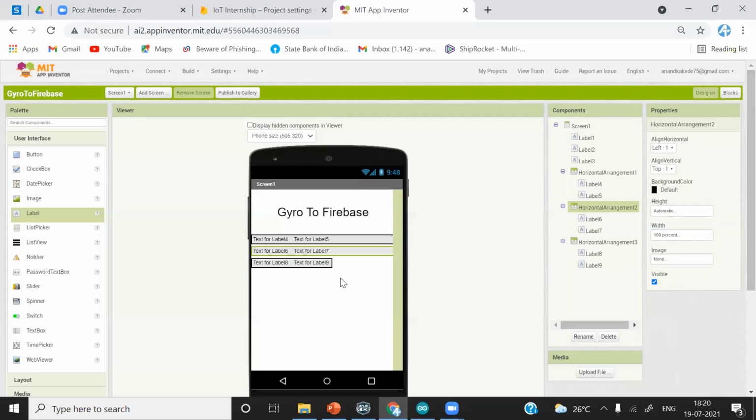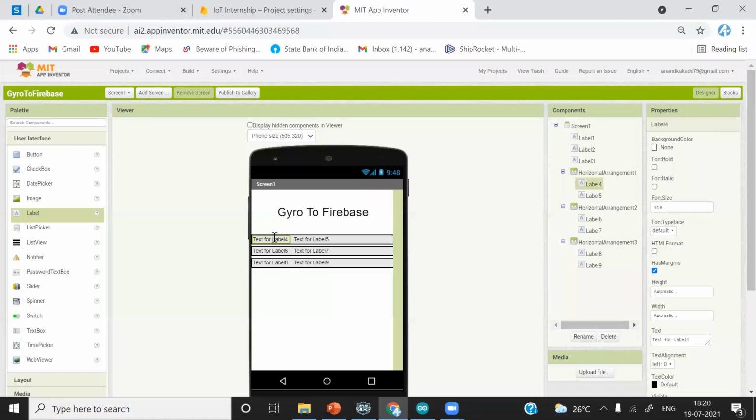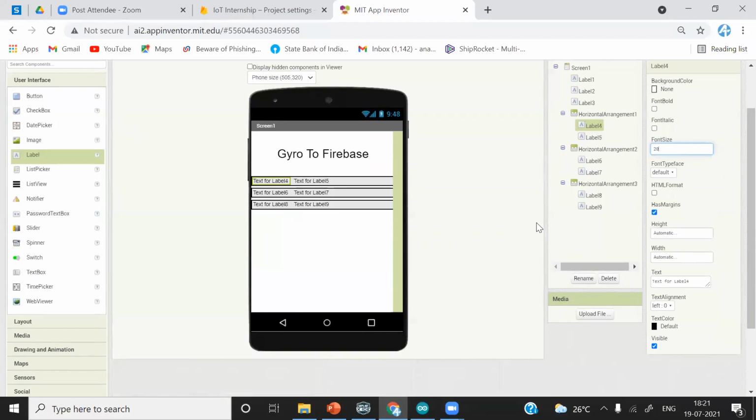You have to do it for all the layouts. After that, we'll change the properties related to these labels. First, make the font size 20. I recommend 20 because it is very clear and visible to the eyes.